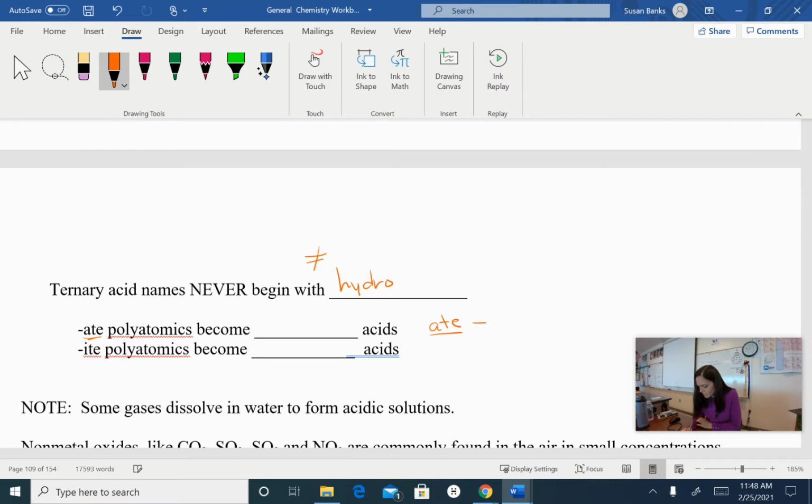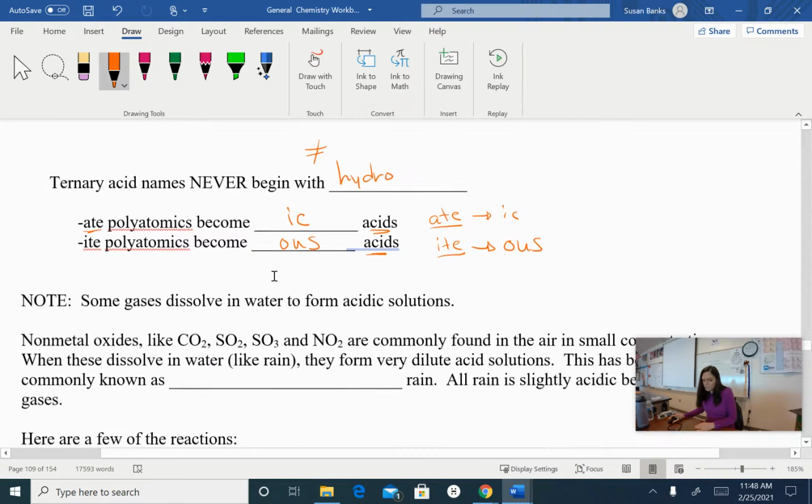We're going to drop that "ate" and change it to "ic." So we name those "ic" acids. And the ones that end in "ite," we're going to drop that "ite" and change it to "ous." So we call these "ous" acids. And yes, we add the word acid at the end. Okay? So let's skip down to the bottom of this page, and I'm going to show you some